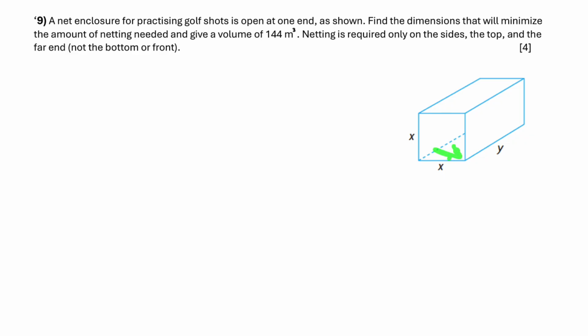So there's no netting along the ground, and there's no netting along the front. We want to minimize the amount of netting needed, so minimize the surface area, while keeping the volume at 144 meters cubed. That's our constraint. The volume has to be 144, but we're trying to minimize the surface area. Since we're trying to minimize the surface area, we should start by trying to write a surface area formula for